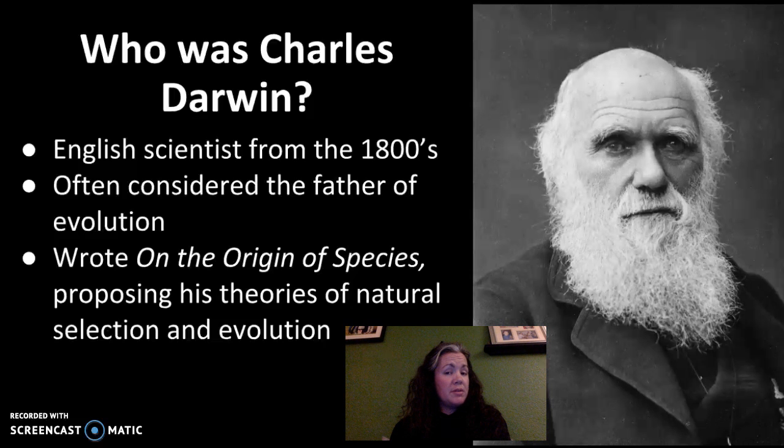He was still very contemplative when it came to formulating a really formal explanation of what he had gathered, all this evidence over his life's work, and what he had put into On the Origin of Species. And really, it was a very competitive scientific community at that time. And so it came out that some other scientists were gonna put some ideas out there, and he was like, I think I have this explanation down. And so he published On the Origin of Species, proposing what he had gathered evidence on, which was basically that